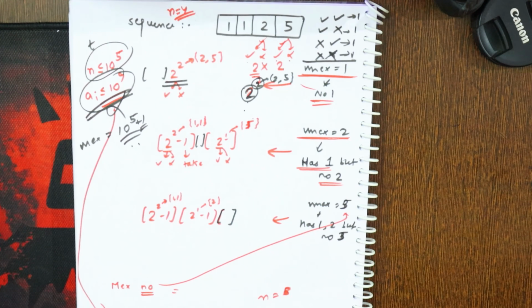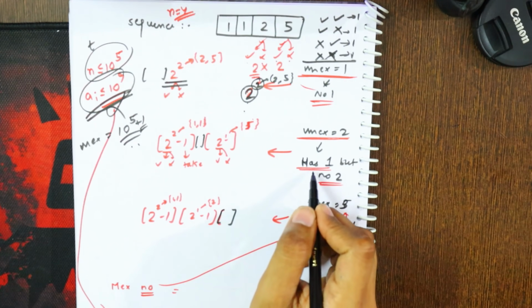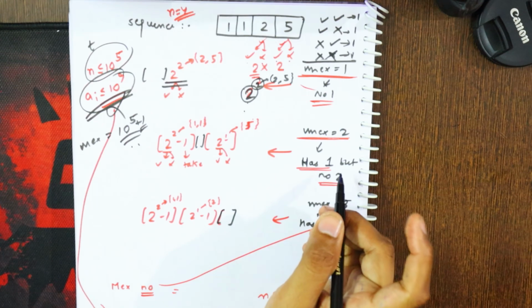So what I will do is that I will have something that should have at least 1. But it should not have 2. And remaining, anything it can have beyond 2. Like it can have any number of 3s, 4s, 5s or anything. I am not concerned about anything which is beyond 2. So what I will do is that if it has at least 1,